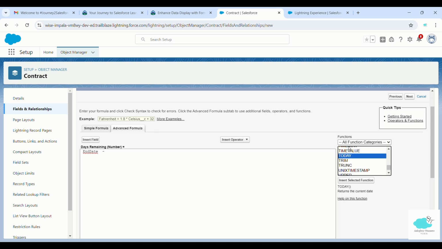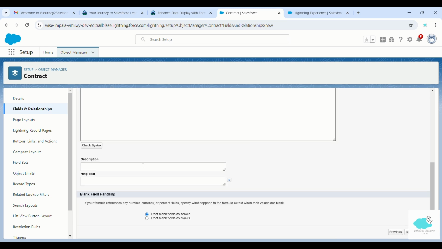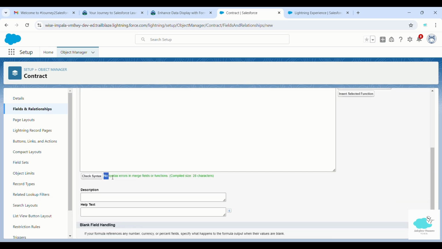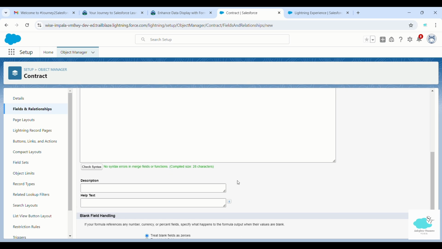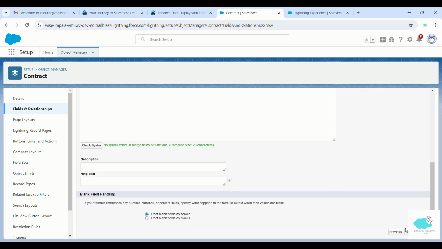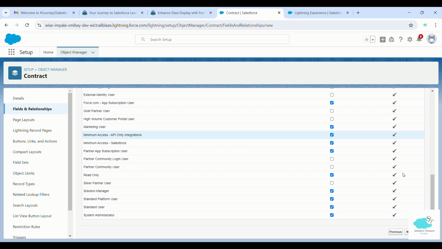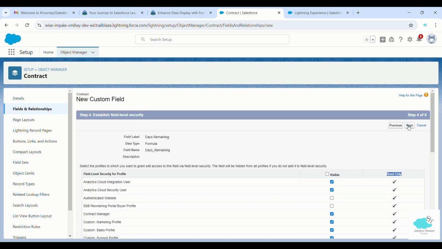I'll just insert and check syntax. If there is an error, it will automatically populate here. If there is no error, then it will show no syntax errors in the merge field or functions. Okay, then we'll go for next. I'll just show you the field visibility. See, for the formula, the field visibility for the fields is read only. You cannot edit it, but you can make it visible for each and every profile if you want, according to the